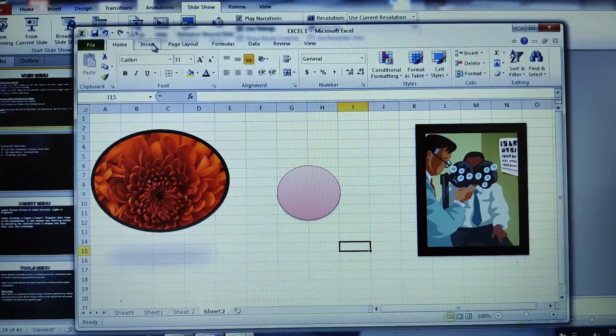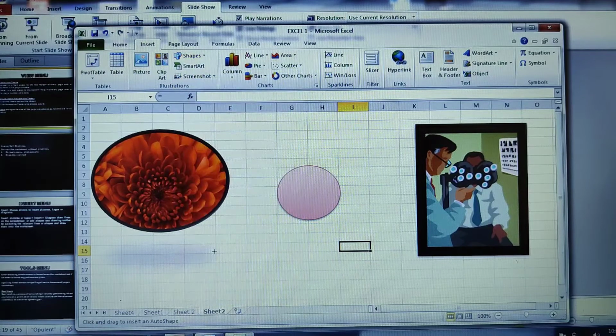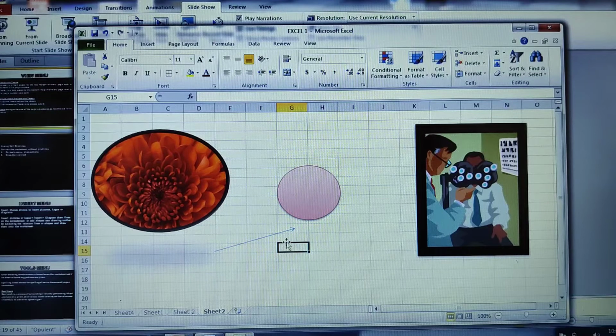These drawings will help you to draw diagrams wherein you cannot have any wavy lines and all. So these are very important in the Excel. These are a few of the options related to the insert menu.